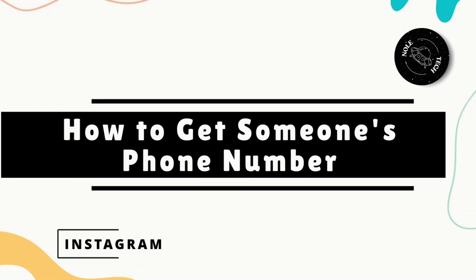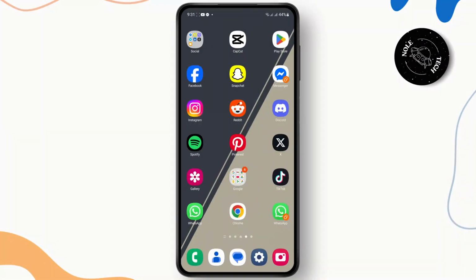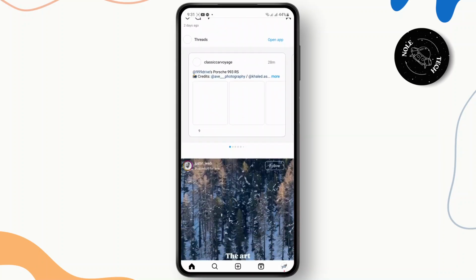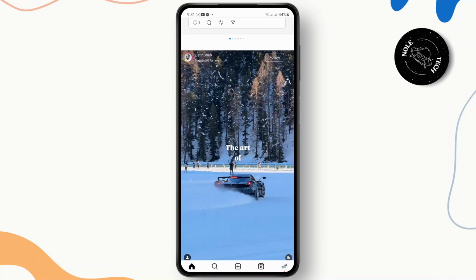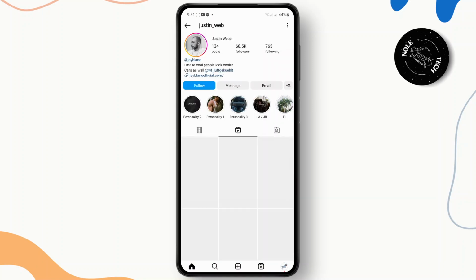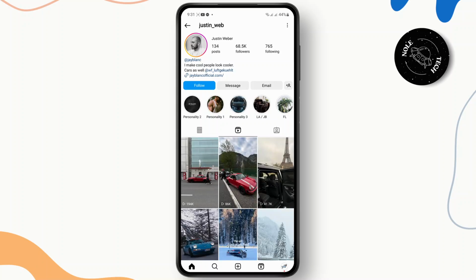How to get someone's phone number from Instagram. If you're trying to find someone's phone number on Instagram, follow these steps. Open up your Instagram first, and you just need to make sure that you are logged into your account. Now, once you're logged in, you just want to head over to the profile where you want to find their phone number. So, in some cases, what happens is you don't get the phone number directly, but what you can do